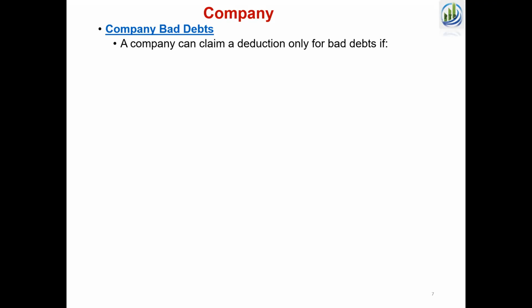You must prove, as I said, one of the reasons mentioned previously. So for individual bad debts, if you meet that previous criteria, you can offset it. However, for company bad debt, if you want to offset, you must prove this is a bankruptcy or insolvent, or you took legal action and failed, or you went to the debt collecting agency and couldn't collect it, or similar, you tried over emails and phones and all the correspondence and couldn't make it recoverable. That's fine for individuals, but for the company, in addition to that,